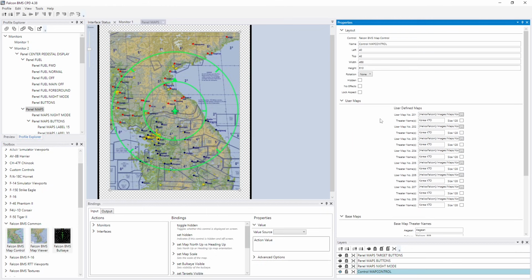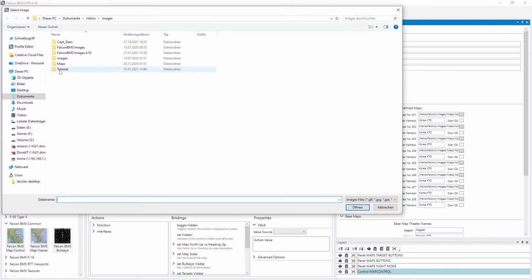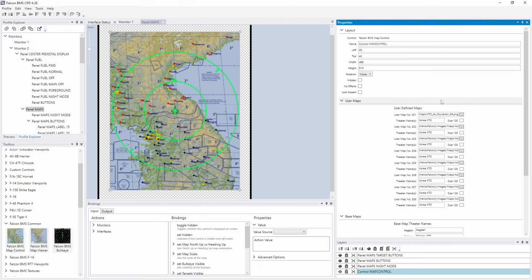Next is here, the theater name is already correctly set up for Korea KTO, so the thing I have to do now is to point it to the map I want to use, which is in my documents, maps, and here I use the KTO 4K Sky Vector, a map that I previously downloaded. Open that one. And now that's only a one-timer,